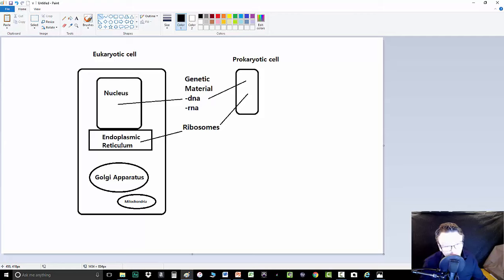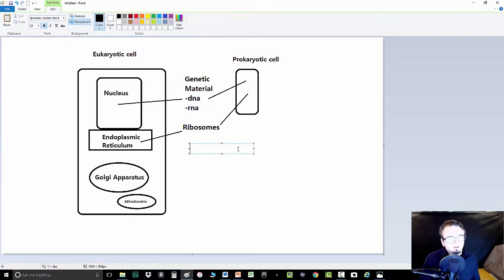Now, there's a little bit more specific spot called the rough endoplasmic reticulum, and there are essentially two types of this, but ribosomes are found in this portion of the cell. So these would be structures that are found in both, and represent some of the basic building blocks of all life. Another structure, we'll do one more here,